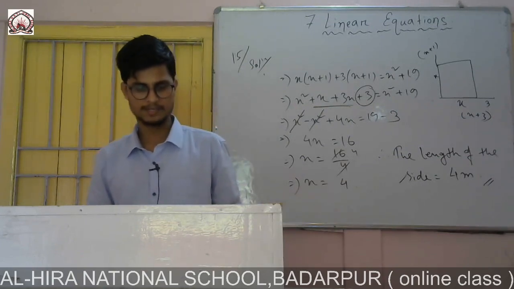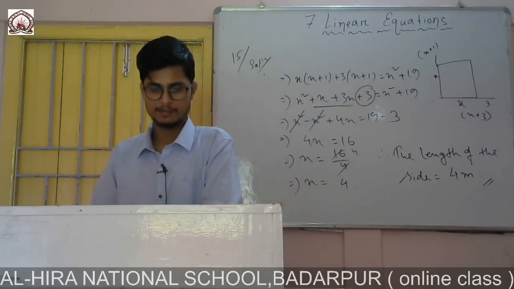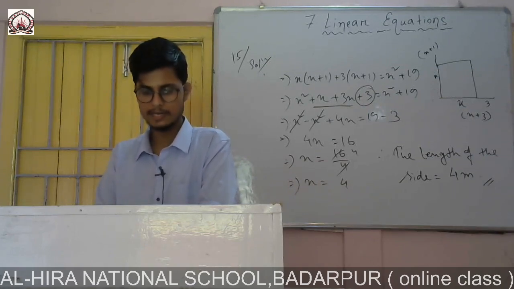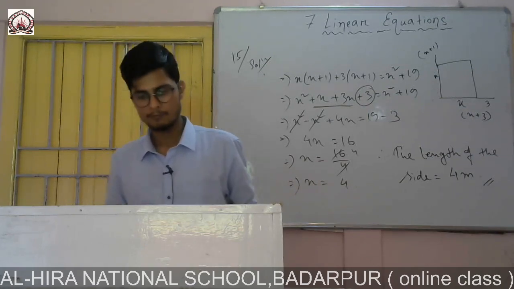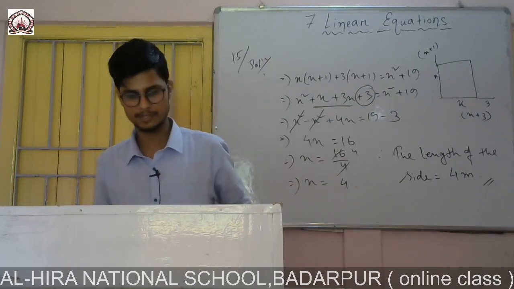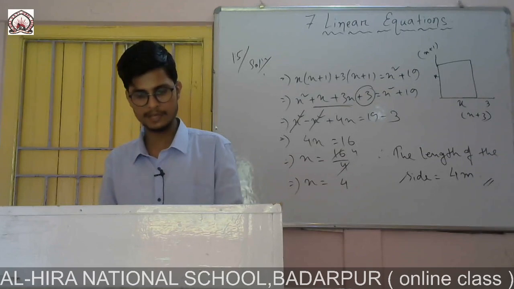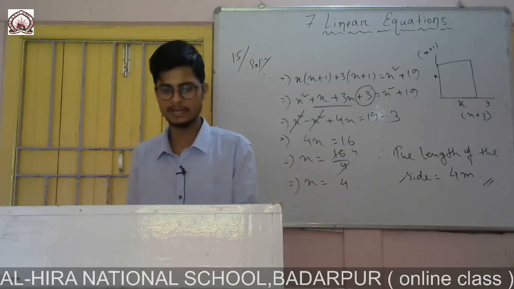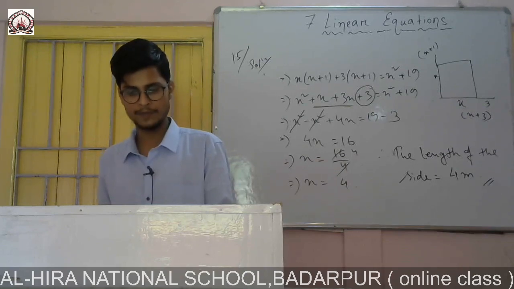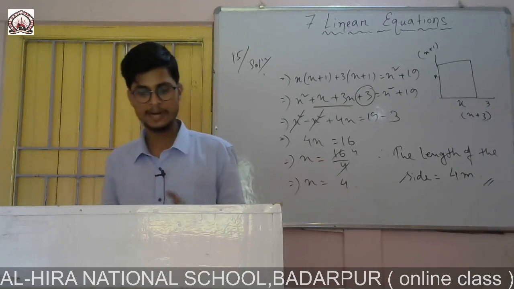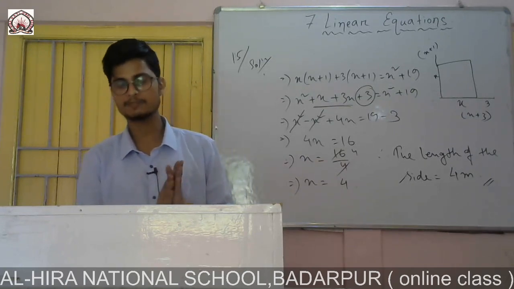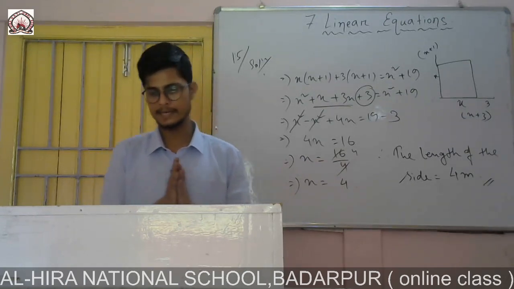Now question number 16. The sides other than the hypotenuse of a right triangle are in the ratio 3:4. A rectangle is described on its hypotenuse. The hypotenuse being the longest side of the rectangle. The breadth of the rectangle is 4/5 of its length. Find the shortest side of the right triangle if the perimeter of the rectangle is 180 centimeters.